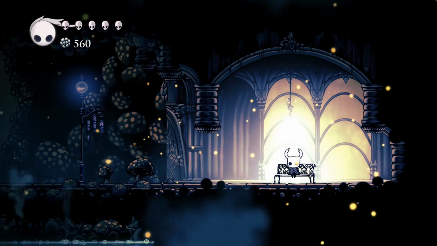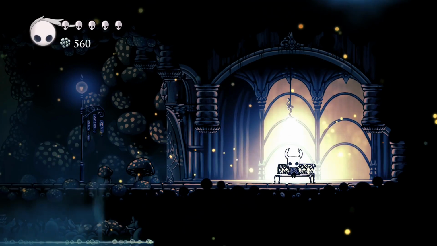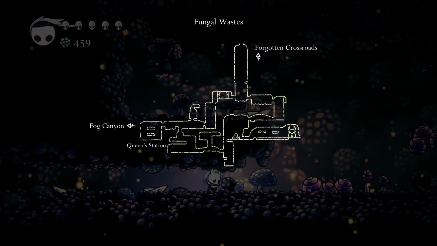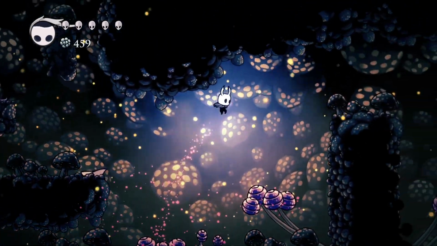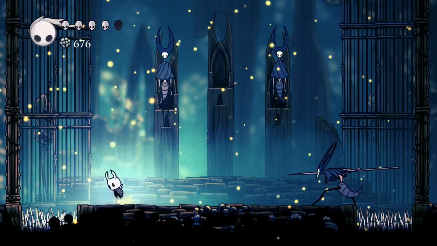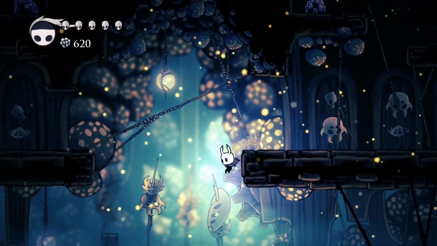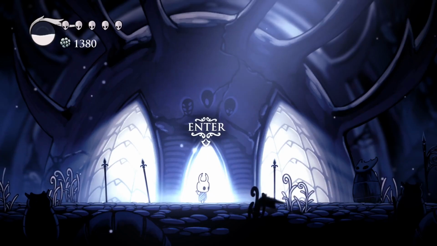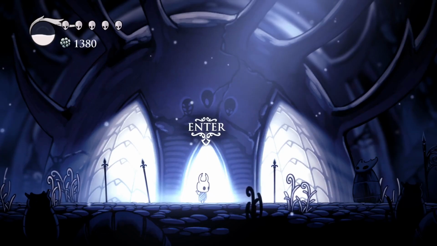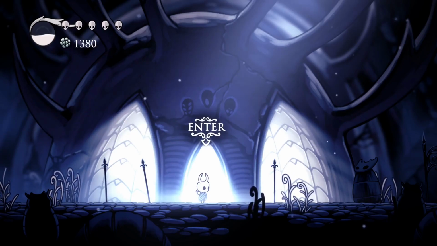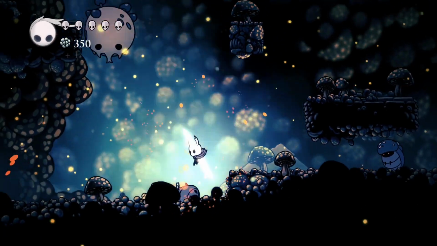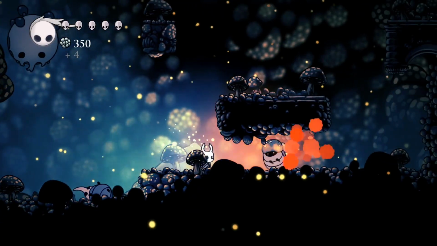The Fungal Wastes doesn't really have anything specific that would warrant this theme. But it is connected on a bigger scale. The fate of this world is dependent on what happens in the Temple of the Black Egg, and that includes the Fungal Wastes. Now, we move to the Pale motif.